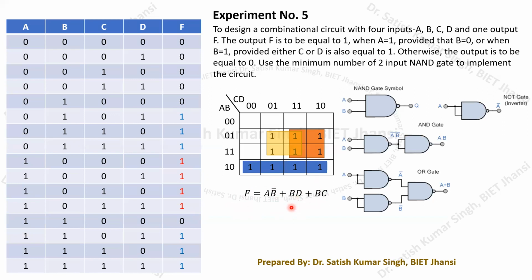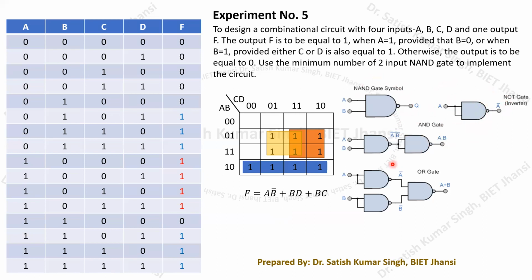So now we have to implement this given circuit. We have to implement this minimized Boolean function using the two input NAND gate. As I already explained in my previous lectures, because the NAND gate is a universal gate, it can be used to implement the NOT function this way: just shorting the two terminals, and then we can apply the input and get A bar. We can realize the NOT gate operation.